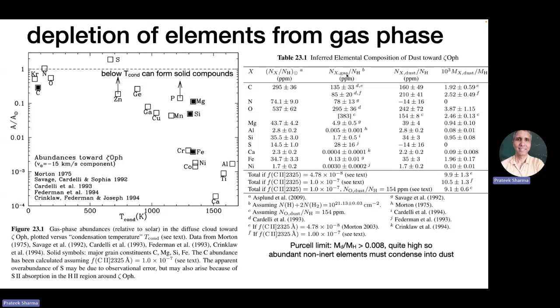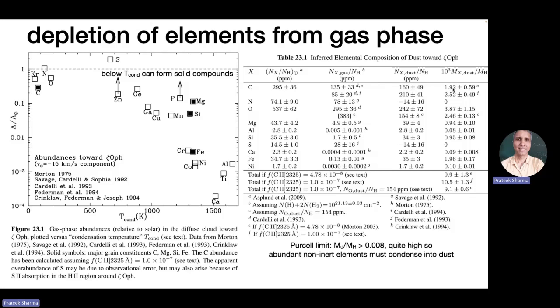This is the measurement in the gas phase. So from measurements like this, which model the absorption lines, you get about 135 as your abundance for carbon. So the rest of it is in the dust. And these two different answers come if you assume a different value of f, since some of these oscillator strengths are not very well known. So you see here, the majority of carbon is actually in dust. About 135 in gas and 160 in dust, if you assume a certain value of f.